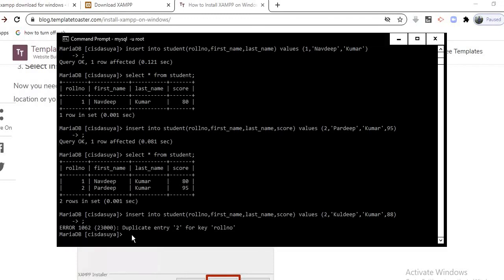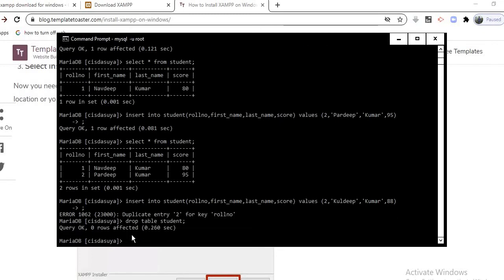So now I will create this student table again, and for that, if you have to create it again, we have to drop this one. Drop table, the table name is student.